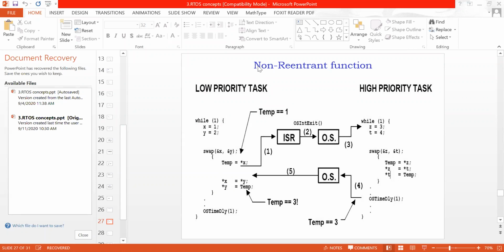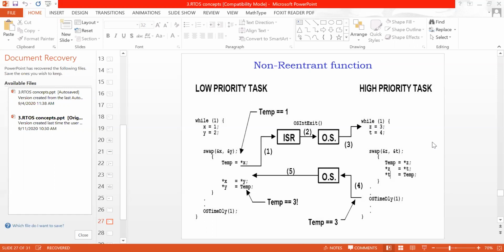So we will stop here. Just remember what we have gone through today: the types of kernels, non-preemptive and preemptive kernels of RTOS, and the conclusion that a preemptive kernel is used in RTOS because we have to execute the highest priority task first. Then there are two types of functions, reentrant and non-reentrant.